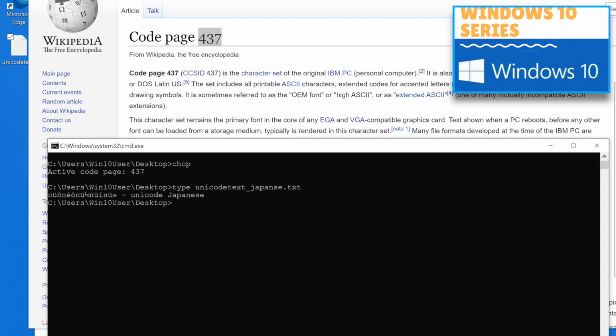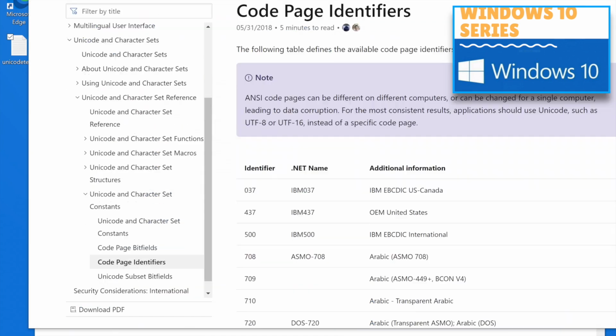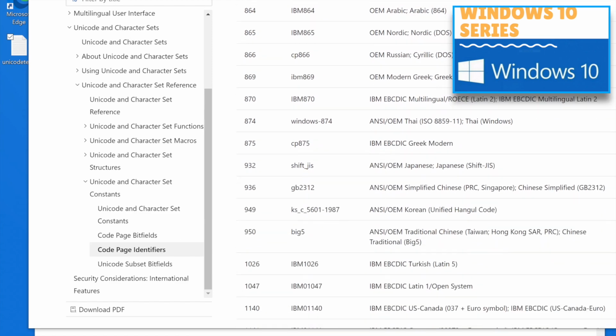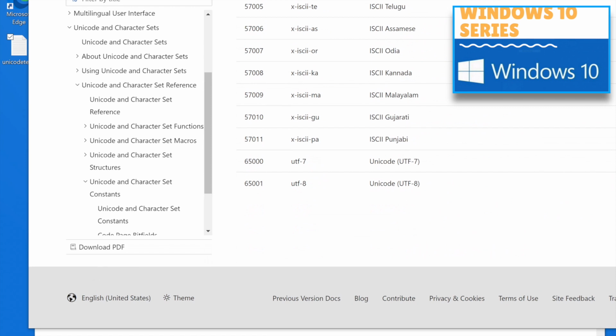So to solve this problem, you need to set the correct code page for this command prompt. I will show you the correct code page for this particular problem. Let me go to the code page list. Here you can see many code pages for different languages, Hebrew and many others. But if you go down, you can see this one in particular: 65001.